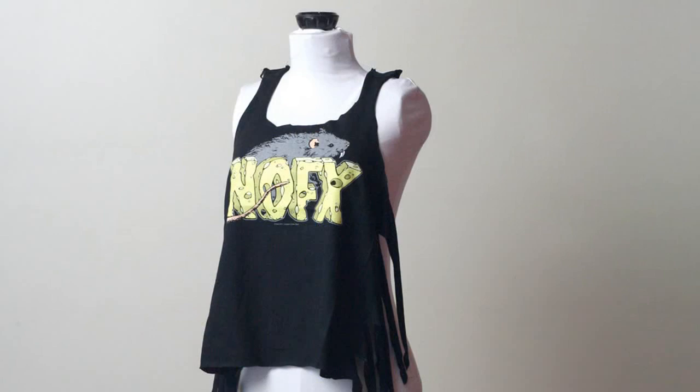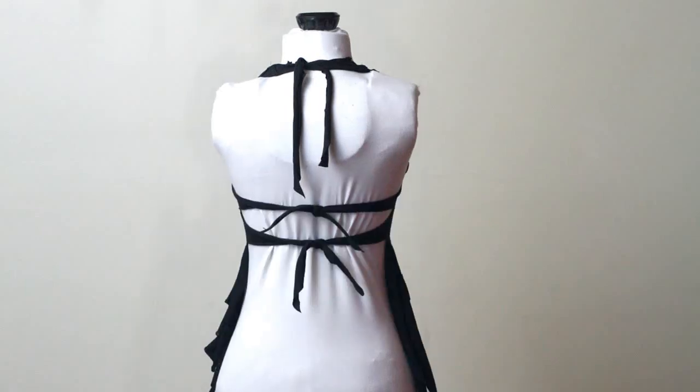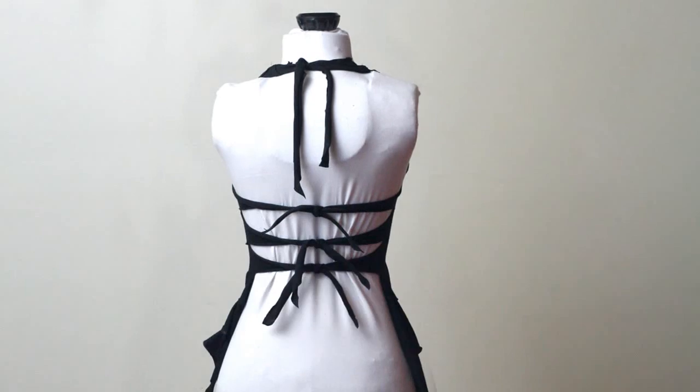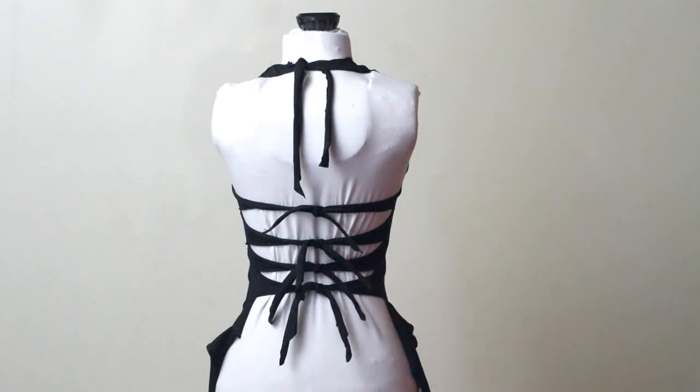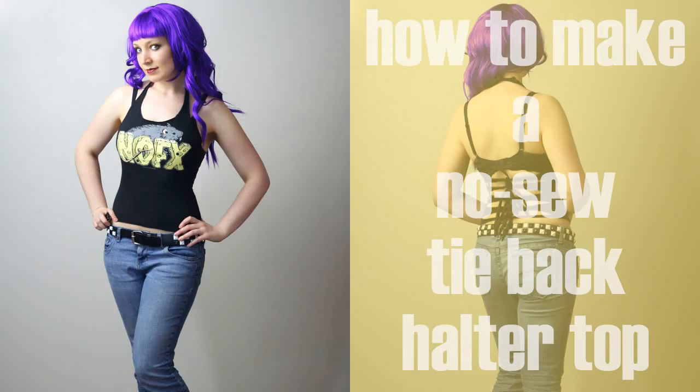And last but not least, it might be fairly obvious how to put it on, but I think it's easiest to tie the halter straps first, and then you start tying the back ties, starting at the top and working your way down. And it is admittedly quite a bit easier if you have somebody else help you with this. That's it, you're